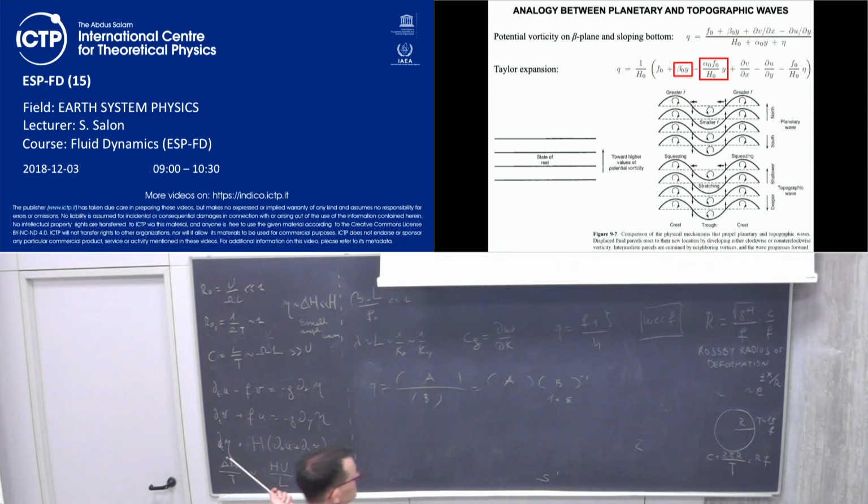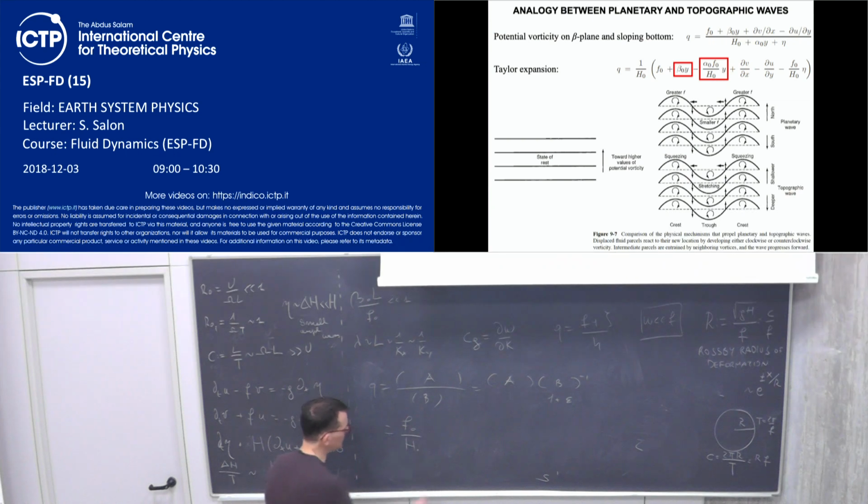Okay? So it's again a simplification. Don't lose yourself in the calculation, but just keep the concept. So what we will have is that our potential vorticity Q is